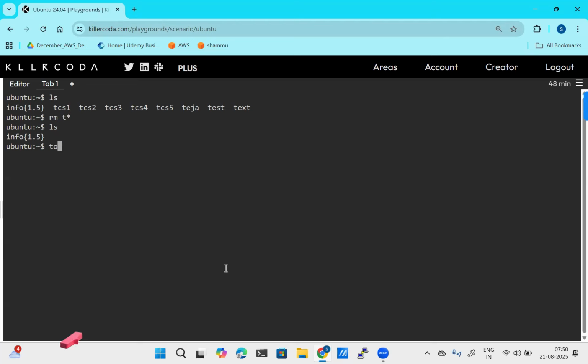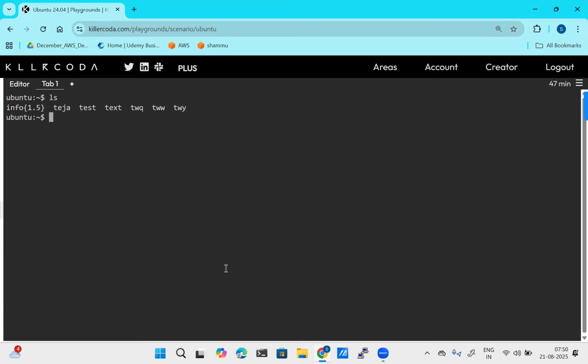If you have given touch page, text, and text again, randomly I am giving, so totally I am having different files.